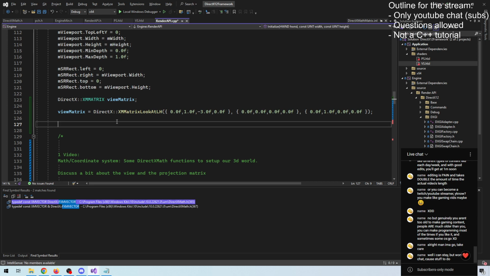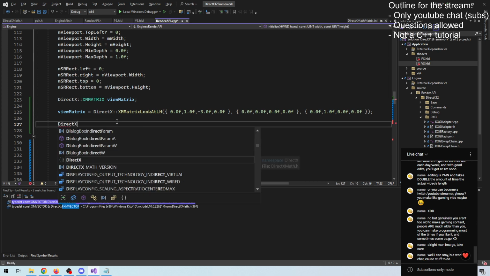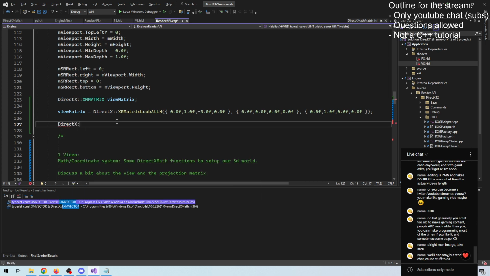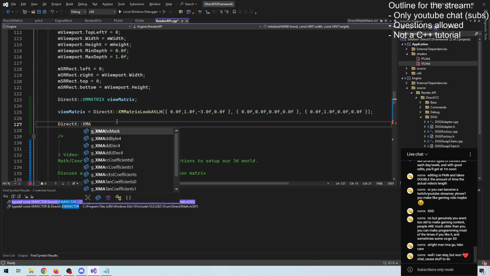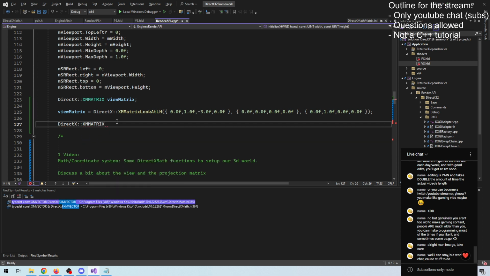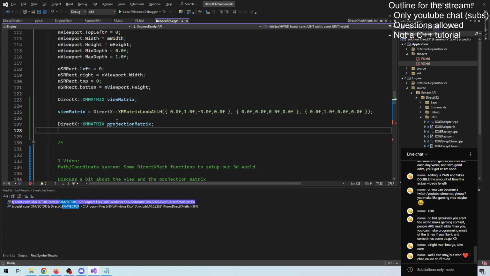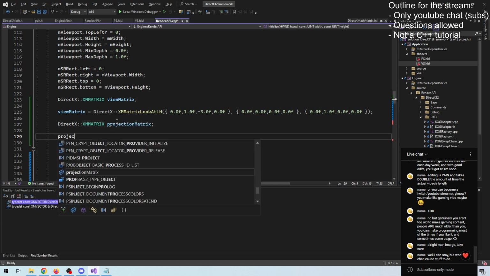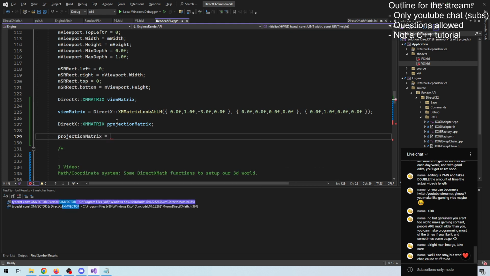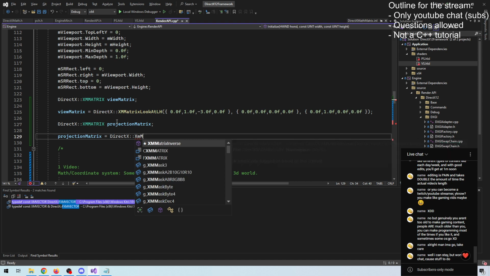We will do a DirectX XM matrix projection matrix, and we will set that up by XM matrix perspective field of view,